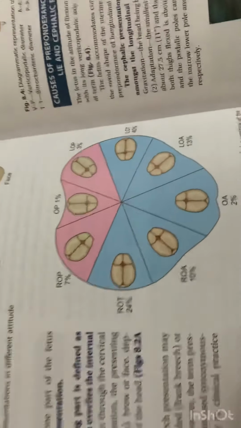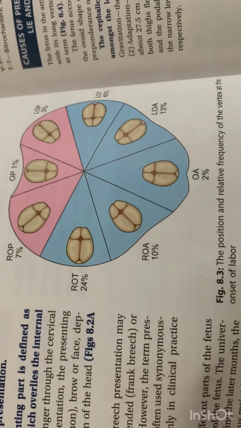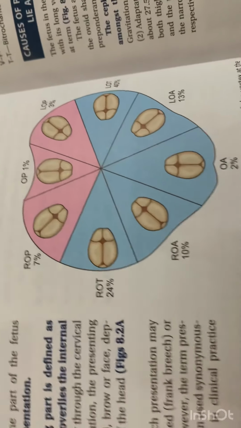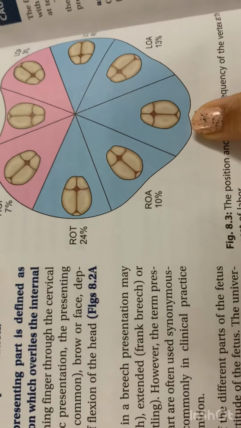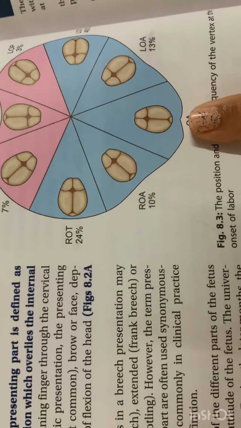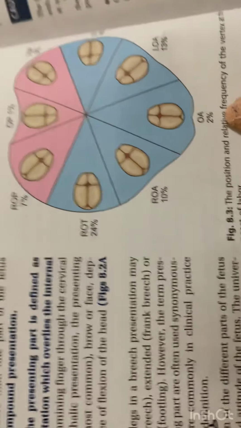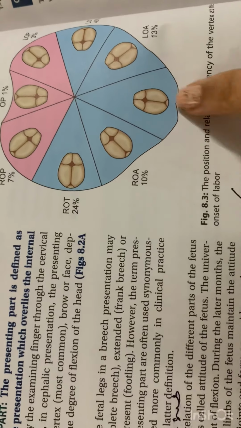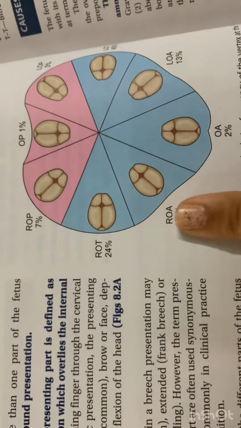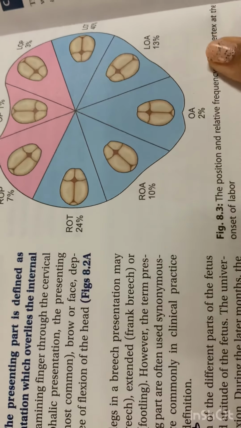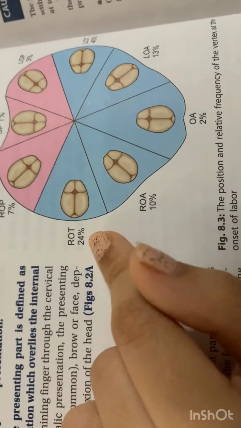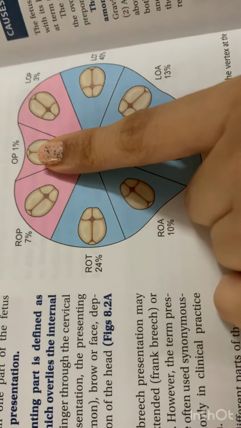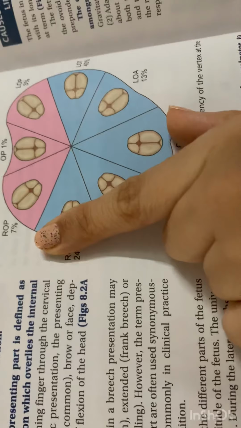Here there's a beautiful diagram explaining the relationship. We're talking about the cephalic presentation, where the denominator is the occiput. We can identify the occiput by looking at the posterior fontanelle, which is triangular. When the occiput is anterior, it's called occipito-anterior or direct occipito-anterior position. When it is tilted towards the right, right occipito-anterior, or left occipito-anterior. When it's transverse, then right occipito-transverse, left occipito-transverse. Then it could be direct occipito-posterior position, left occipito-posterior, or right occipito-posterior position.